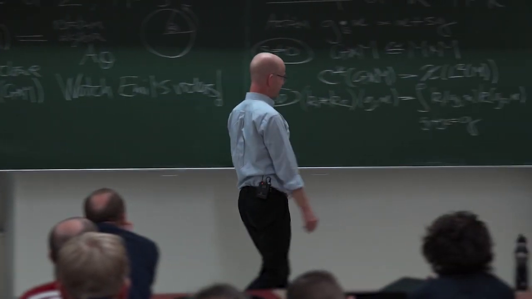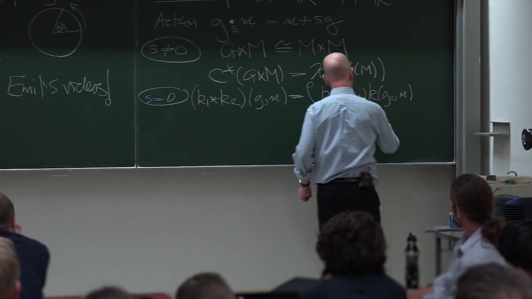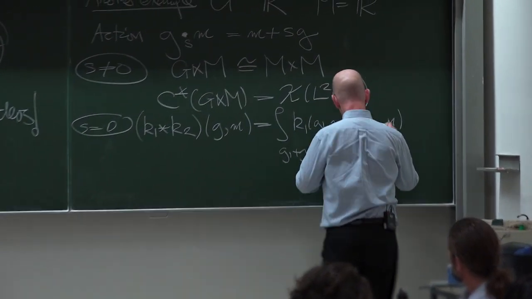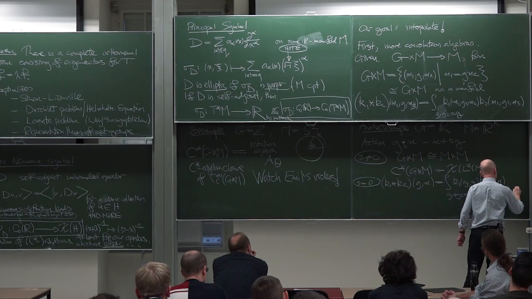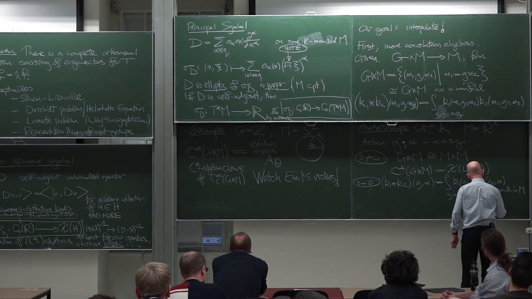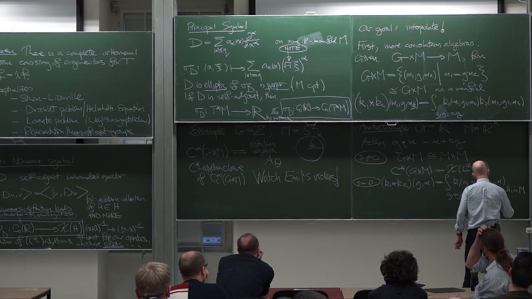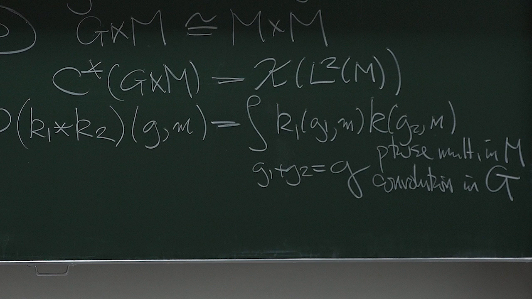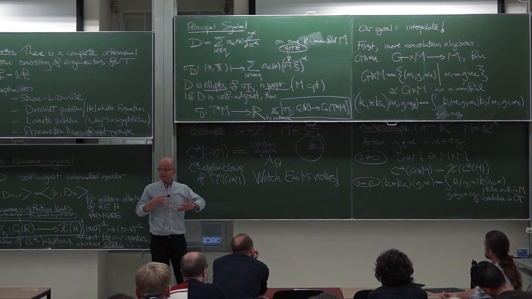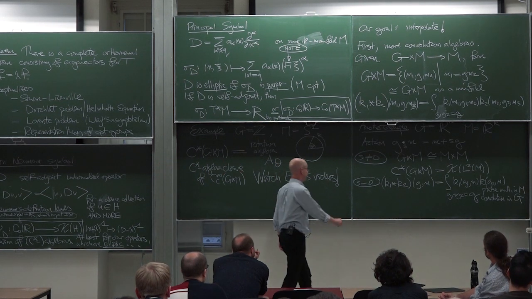So what's going on is kind of interesting. What you see is the multiplication here is just pointwise multiplication as far as M is concerned, but it's usual convolution, the thing you learn about in Fourier theory, in G. And the two don't speak to one another because there's no actual action anymore. Okay? And when you build the C-star algebra,